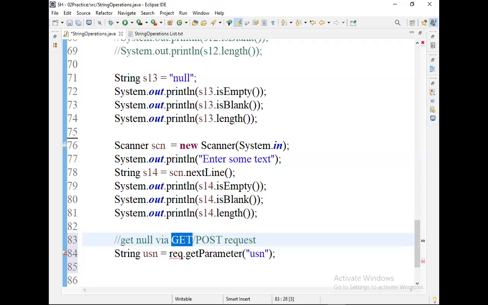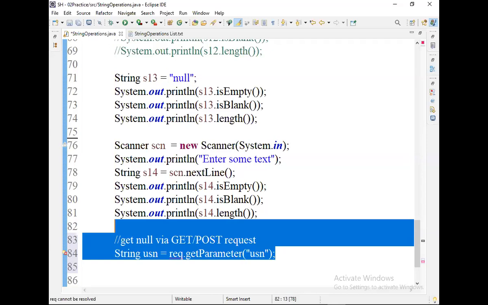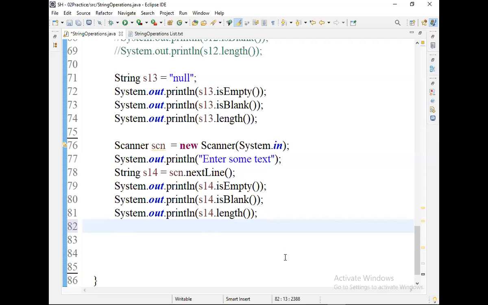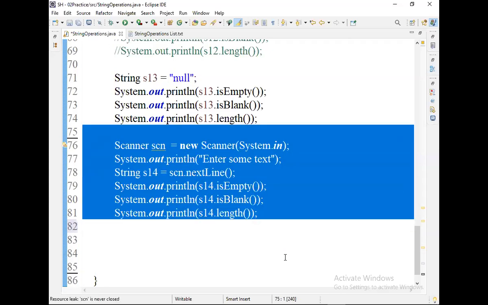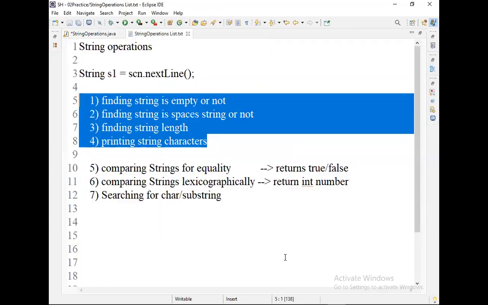In a GET request, you are sending the inputs via the URL, writing the query string with username and password. In a POST request, you submit data via a submit form, an HTML form. In an HTML form, you are not getting null. So this is advanced Java. People who have not tested have not learned. So please try to verify once. Very important for advanced Java. So I hope I completed all these four points. Clear?